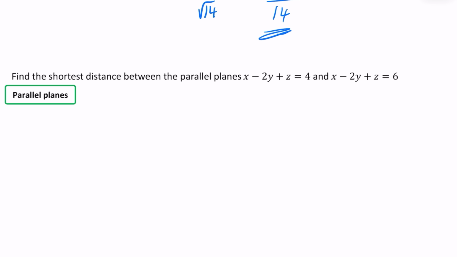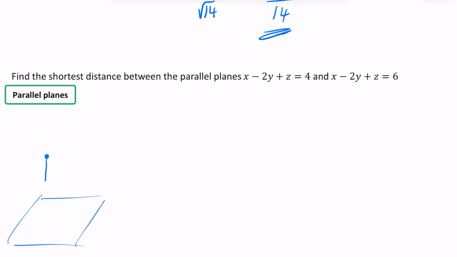The right-hand side has got a 4 and then a 6, so obviously they're not the same plane. They've got a different constant on the right-hand side, so they are parallel to each other. Now, this should remind us of when we did the two parallel lines. Instead of finding the shortest distance between these parallel planes, I'm just going to find any point on one of the planes, and find the shortest distance from that point